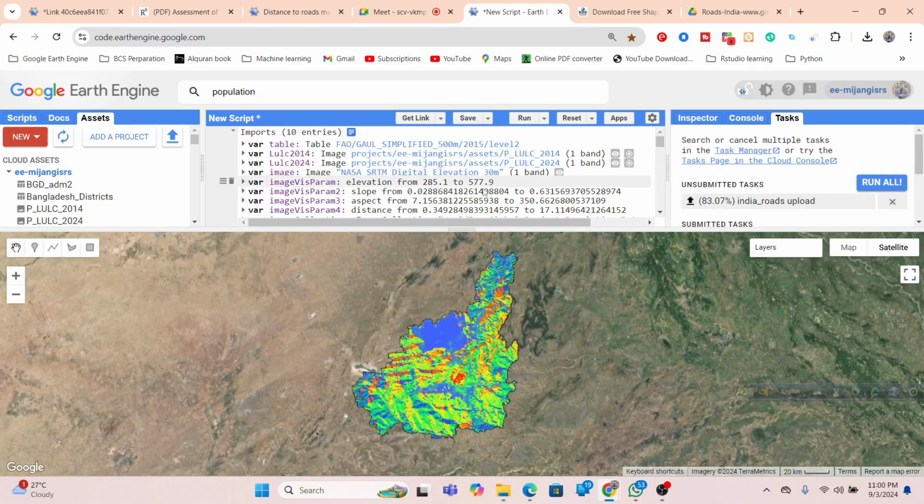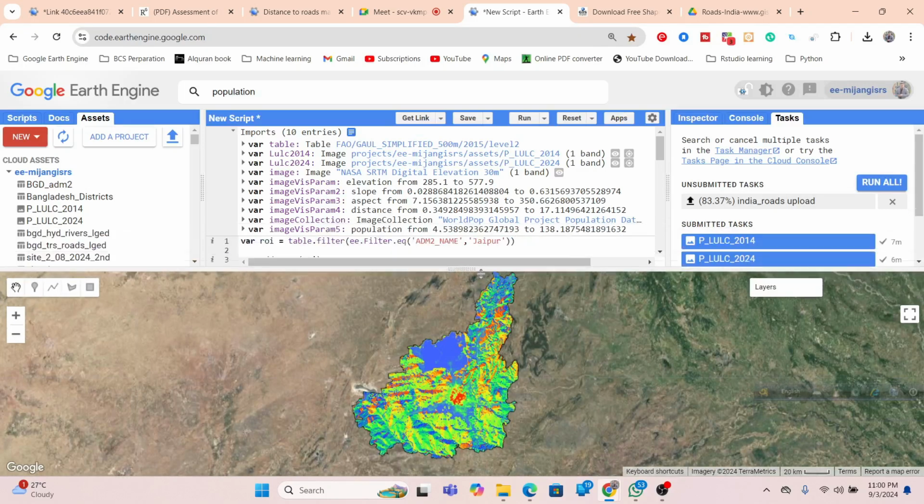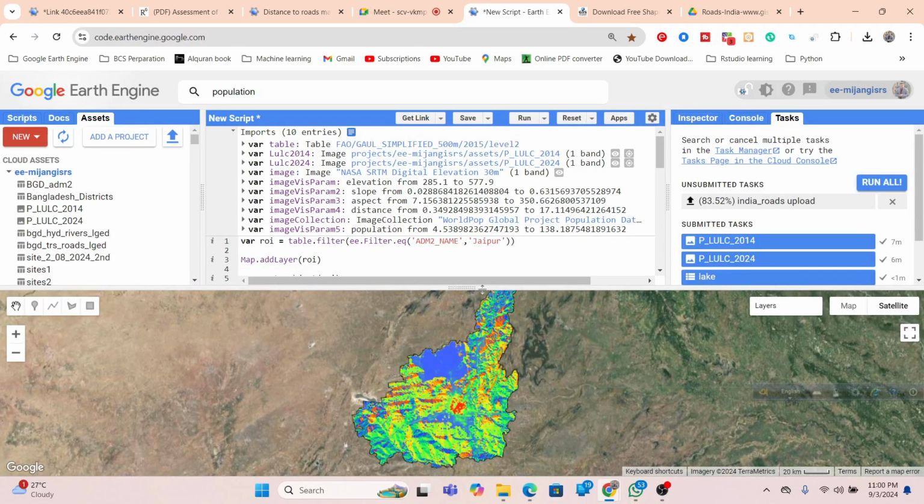Then after that, there is only one map. We merge those particular two maps of 2014 and 2024. We merge those maps. In your asset tab,